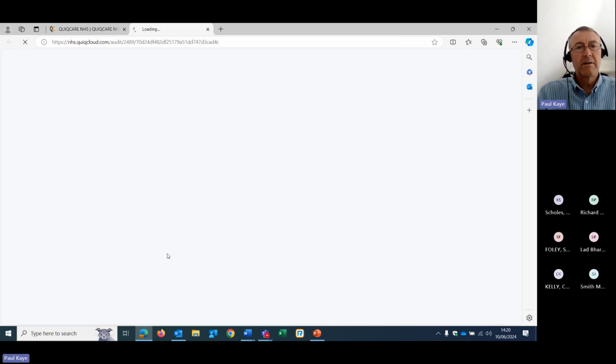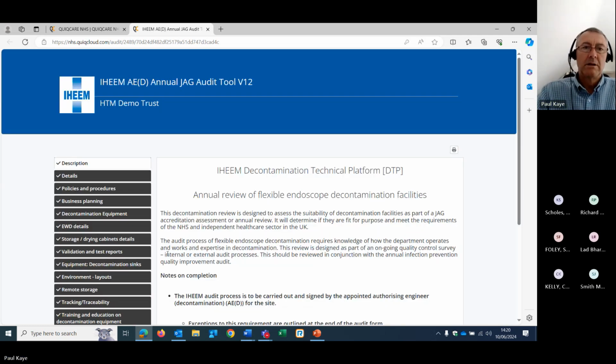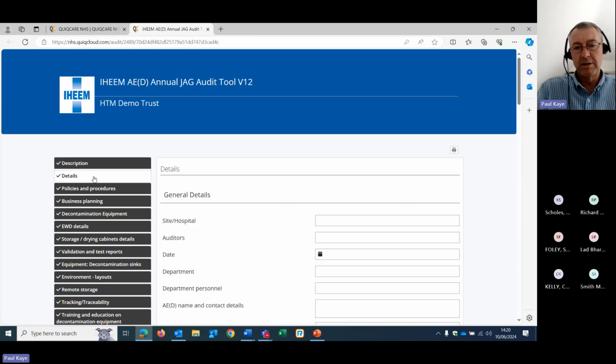Then the audit itself, in this case, in decontamination, there was already an audit in place that had been developed across really the UK, something called the JAG audit, the Joint Advisory Group. But in other cases, they've been specifically developed with IHEEM and with the technical committees.